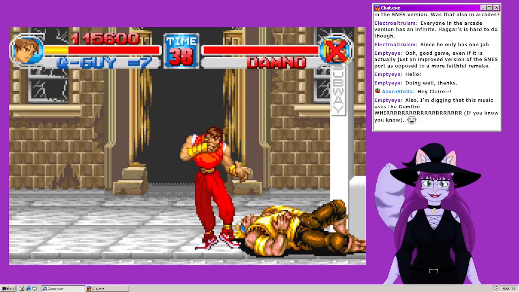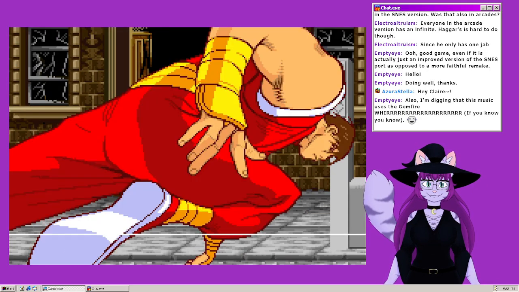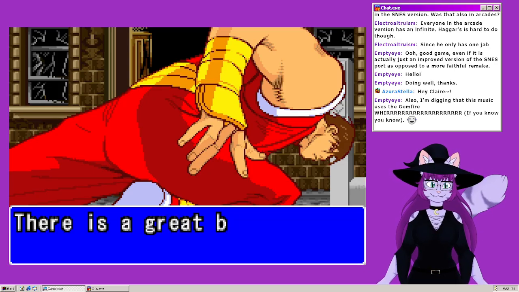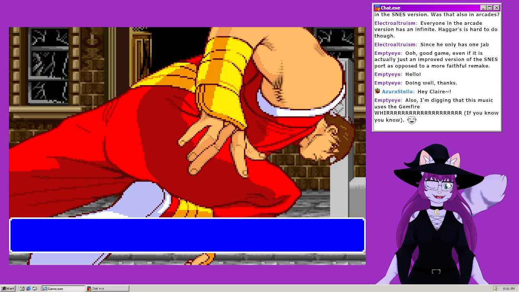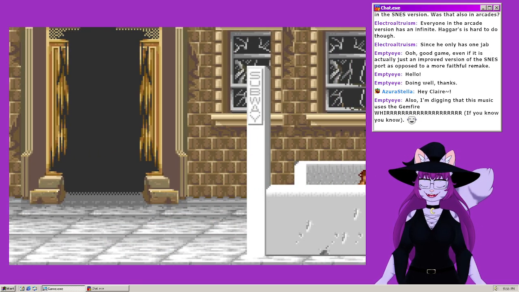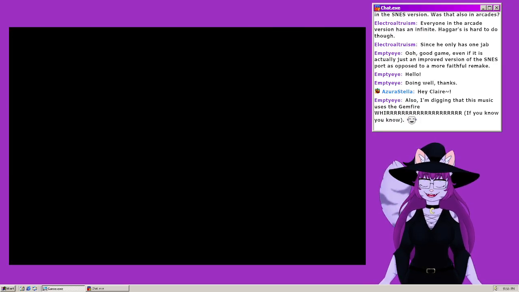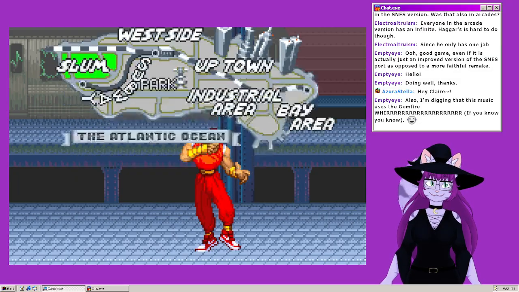Yeah, you know what? I'll do the second stage. Great burden behind the fighting skill of... Oh, right. He probably would have had different dialogue because Dan wouldn't have been the one that actually called Guy, you know, called Haggar, so...